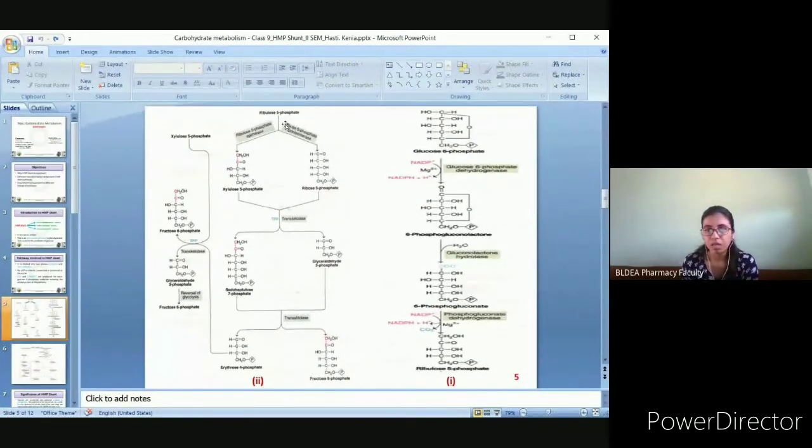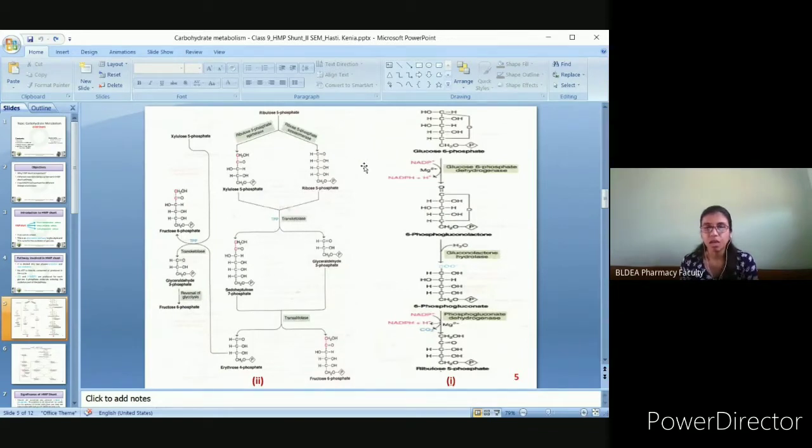So, the enzyme responsible is isomerase, while in the case of epimers, you can see the third carbon that is adjacent to the carbonyl group. You can see this is COH and H, while in this case, the hydroxyl group is present on the right hand side. In ribulose, it is present on the right hand side, while in xylulose, it is present on the left hand side. Right? So the isomers that differ in arrangement of atoms or groups at only a single carbon atom are known as epimers.